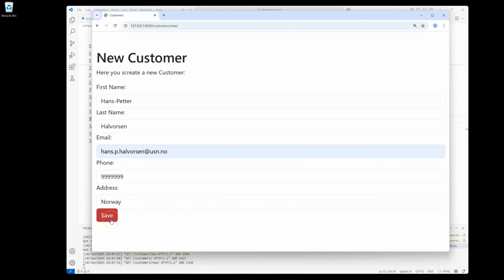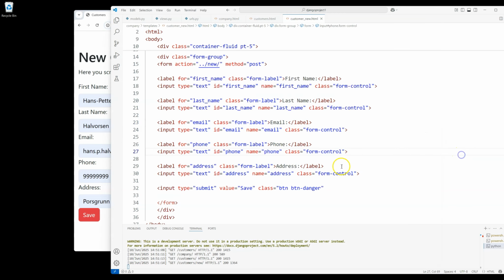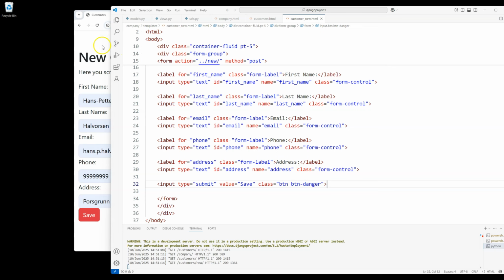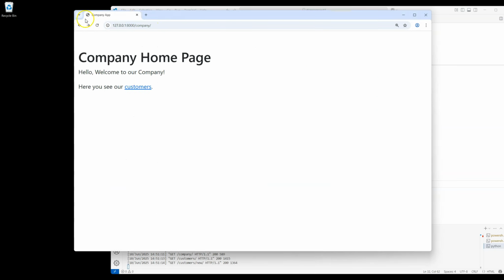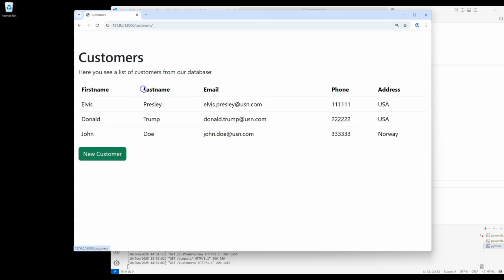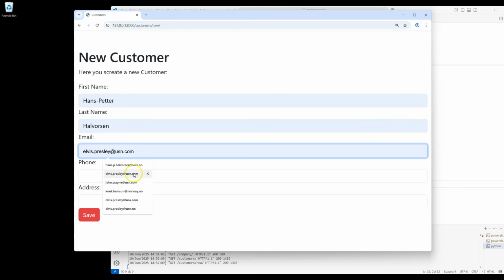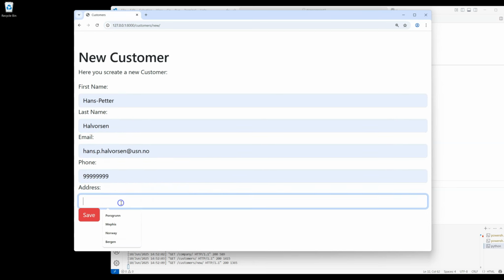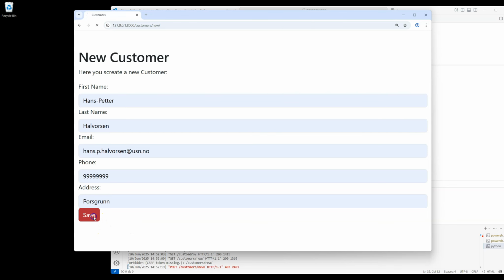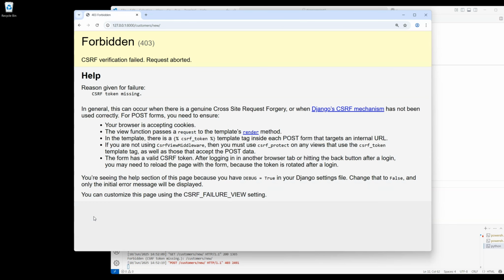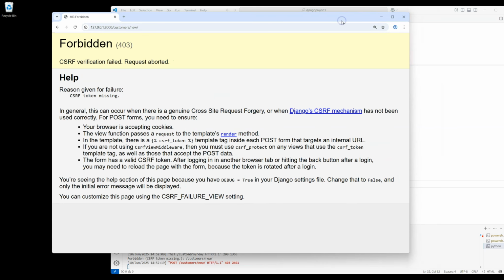So far it's not working, so let's see what's wrong. Yeah, so I guess we're just missing something like this. Let's try once more. Go back to the main page. I just click refresh. Click customers to go to the customers page. Now we have 3 customers in the database. I click new customer, and then I enter a new customer, first name, last name, email, phone, address, something like this, and click save. So it seems to work, but we get